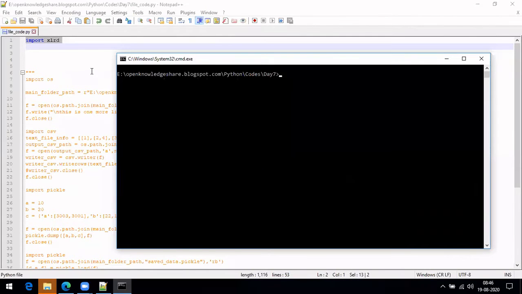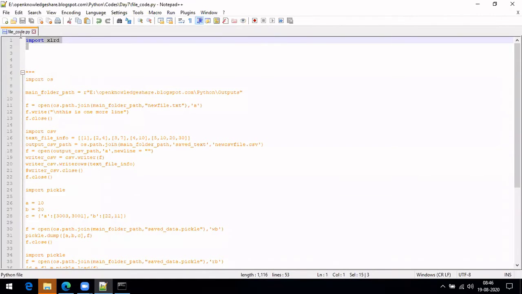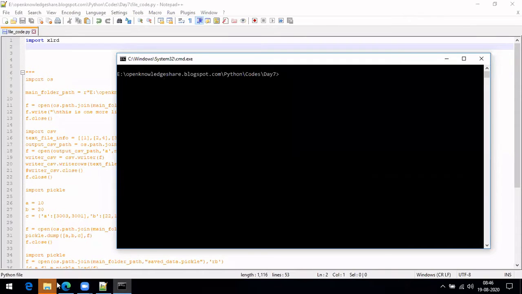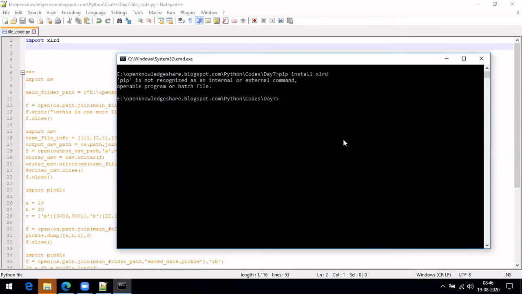If you want to use some external library, it is available on the pip server. You have to do pip install, and then whatever package you want to install, you name it, write it here, and then press enter. So initially, let me activate, and then pip install XLRD. If you are doing this,